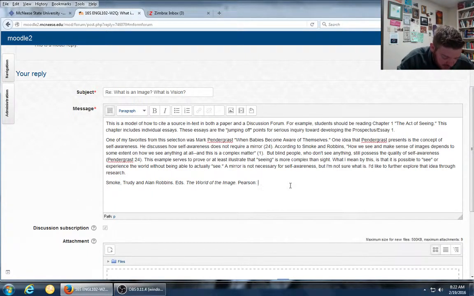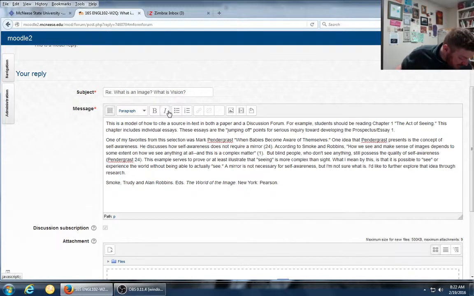And actually what this shows me is the press's name comes second. So first I need the city of publication, which I was concerned would come first. I go to the textbook and find the first city present, and it says New York, which is where most things are published these days. I want to make sure that it's not italicized. The only thing italicized is the title of this book. New York, Pearson,